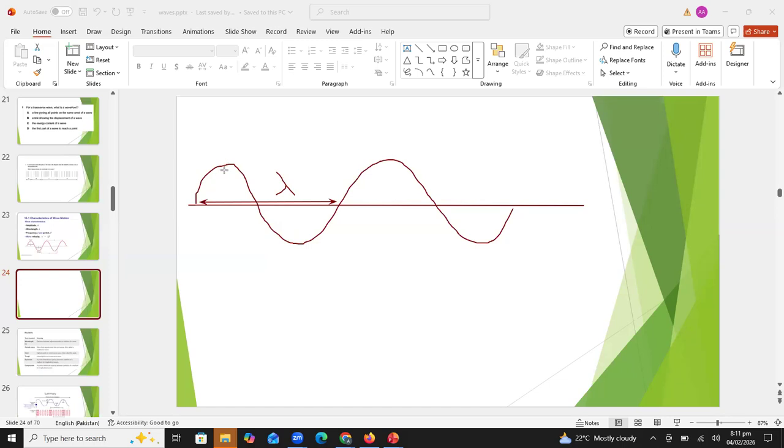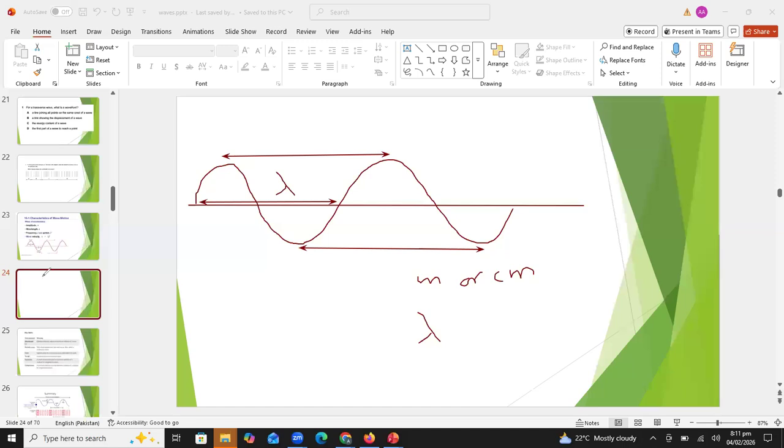Now you can see this is the crest and this one is also a crest. So wavelength is the gap or horizontal distance between the mid of one crest to the mid of the other crest. Similarly, beta, wavelength is defined as the gap between one trough to another trough. So basically all these three distances will be the same and it is defined as wavelength. Are you understanding this thing, students? Wavelength is a distance, so it can be measured in meter or centimeter, and its symbol is lambda. Lambda is a Greek letter, beta.